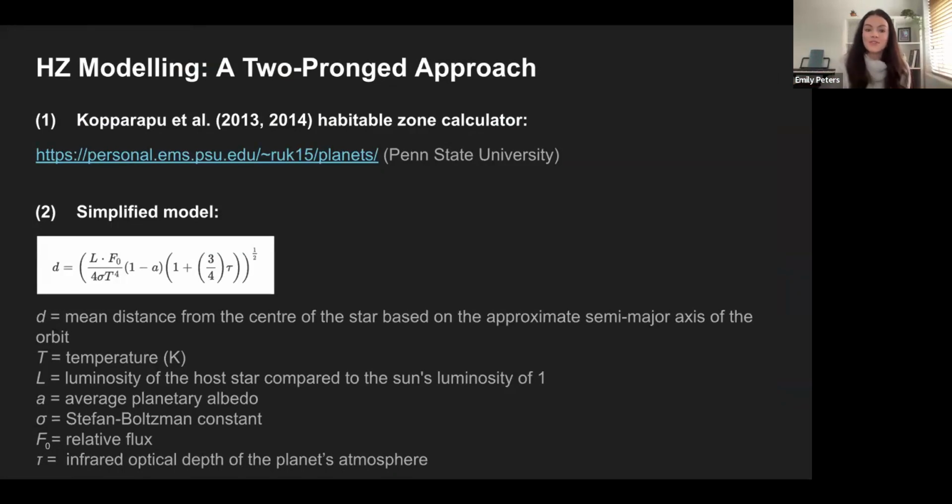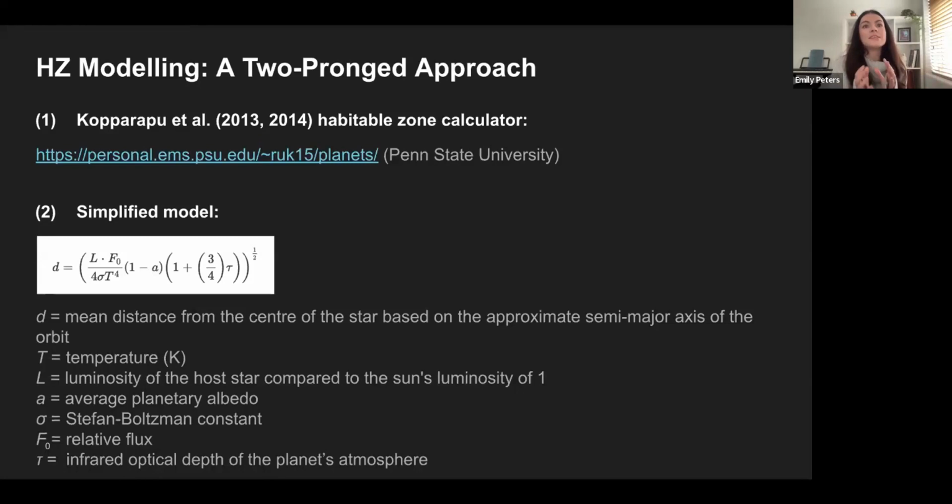The first model that I used, there are quite a few available, but one of the best ones, in my humble opinion, is Kopparapu's 2013 model, which was, I think, slightly improved in 2014. And this code is available online. I haven't included it in the presentation, but you can go and have a look at it yourself if you'd like. And then from that model, I stripped it down a little bit for a couple of reasons, which I'll mention in a moment,